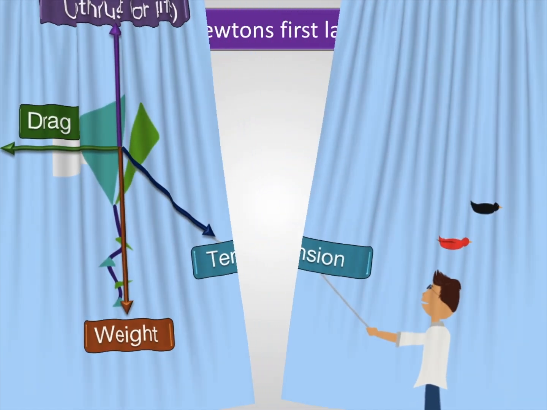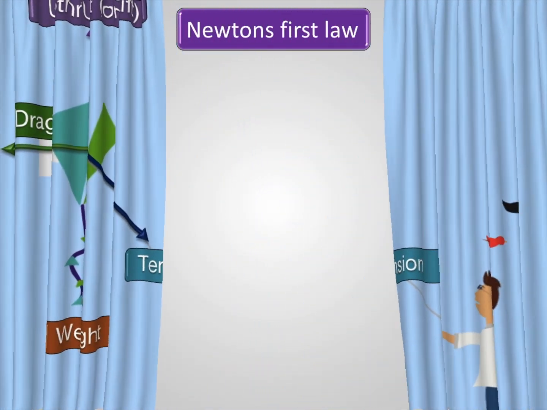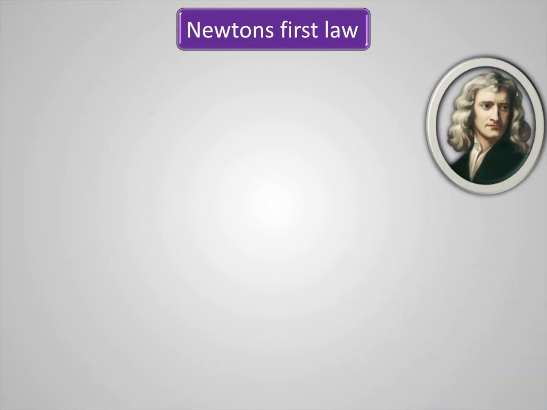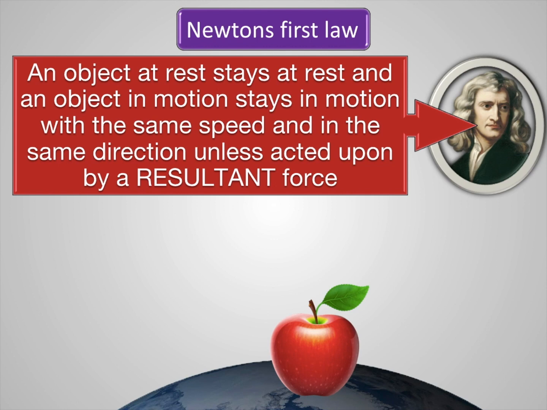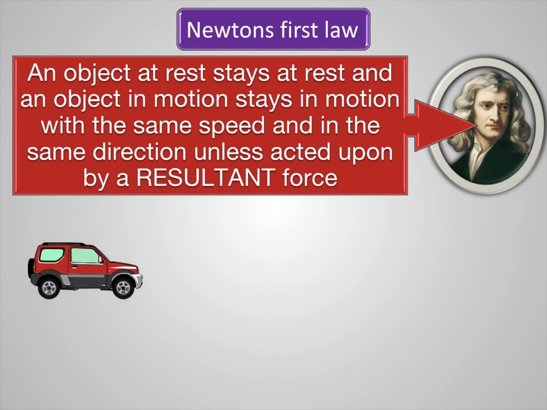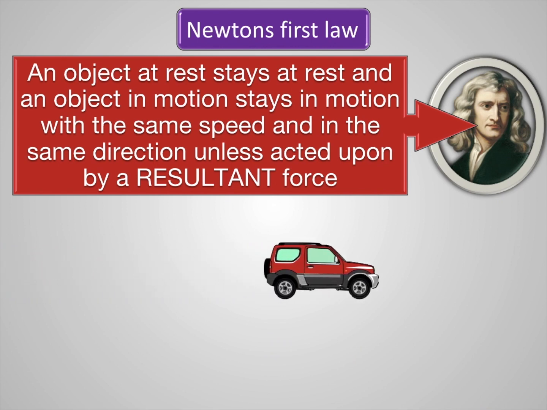Now we are moving on to the next topic, which is Newton's first law. First law statement is very important. It says every object will continue its state unless it gets a resultant force or an unbalanced force. If an apple is on the earth, it will continue to be there forever unless you exert a force on it. Like that, if a body is going with constant velocity, it will continue with that velocity unless you exert